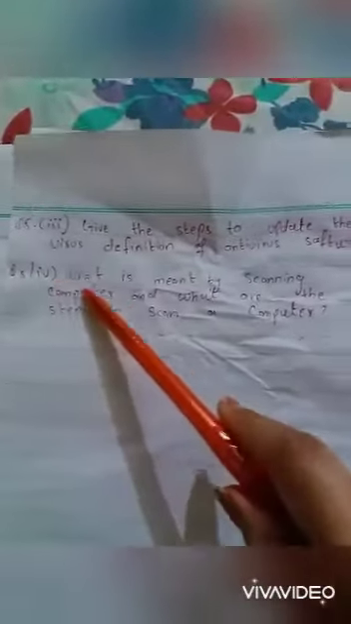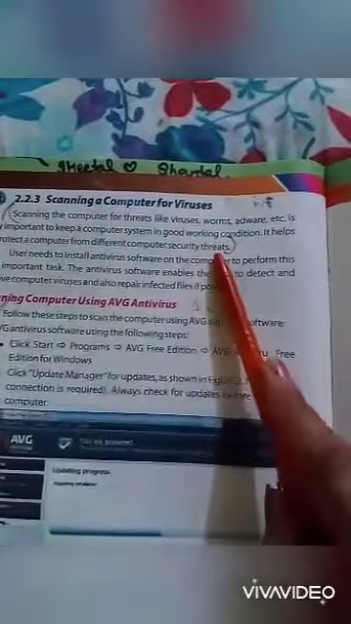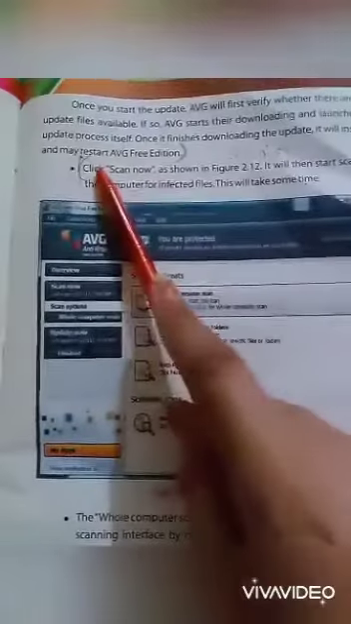Now the second question is question number 5, fourth part: what is meant by scanning a computer and what are the steps to scan a computer? For scanning a computer, on page number 34, the first paragraph up till security threats is the definition of scanning a computer. And then for scan you write 3 steps: click scan now 1, 2 and 3. So this is the